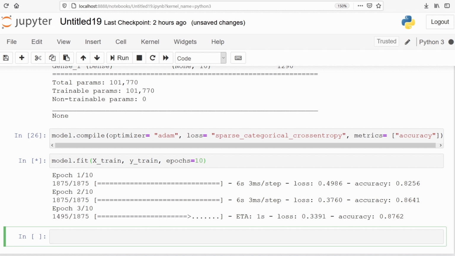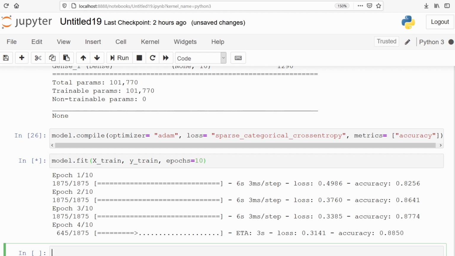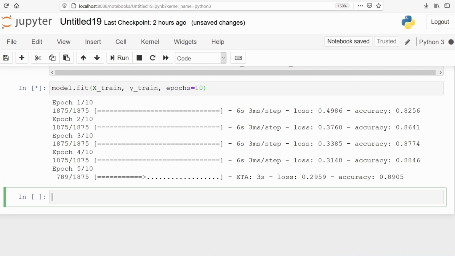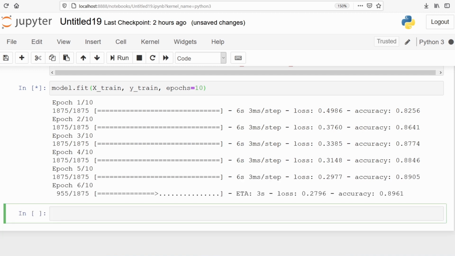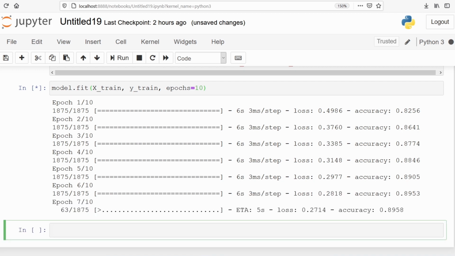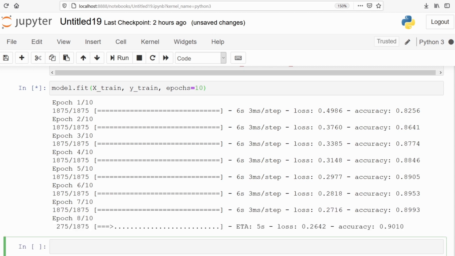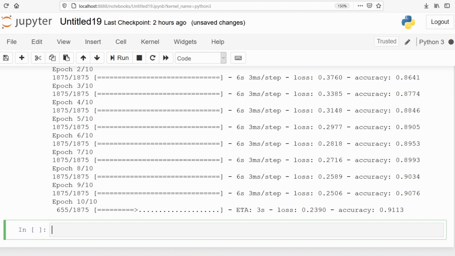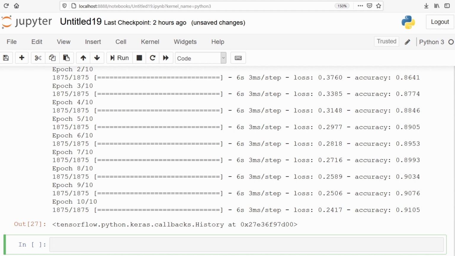This will take some time because our model is going to run 10 times. The model has finished running.